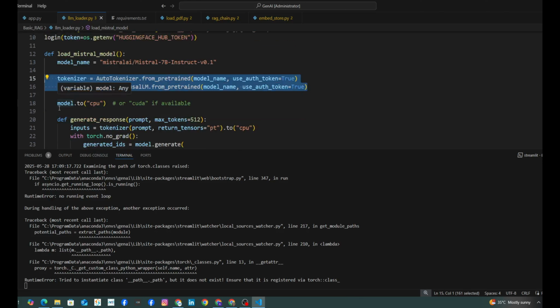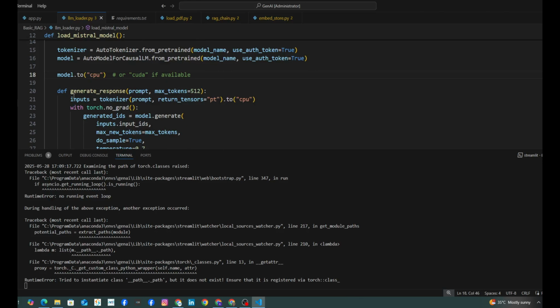Here we are using this model.to CPU. Basically it is handling running all the tasks on CPU. We can replace this with CUDA if we have GPU enabled. What about the size of this Mistral 7B model? Basically this is a large model with around 13 GB in size in floating point 16, right? Meaning if we are taking the weights in floating point 16 encoding, then the size of the model is 13 GB, right? And it is not suitable for very low RAM CPUs. So we have good RAM in our system, right?